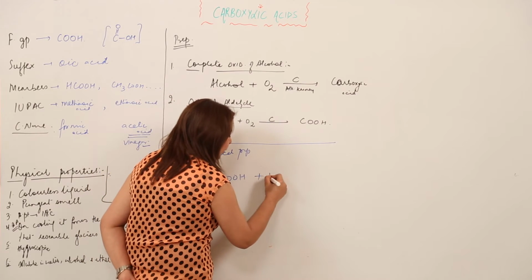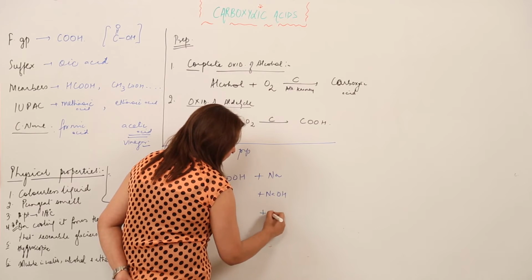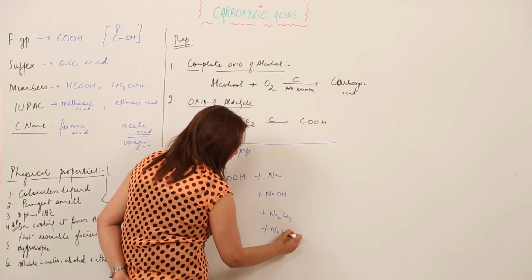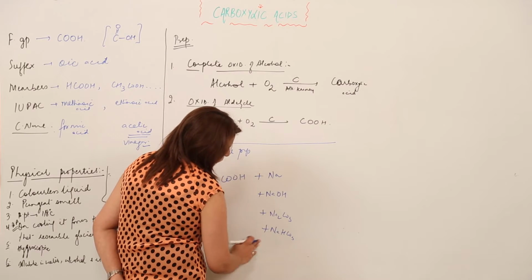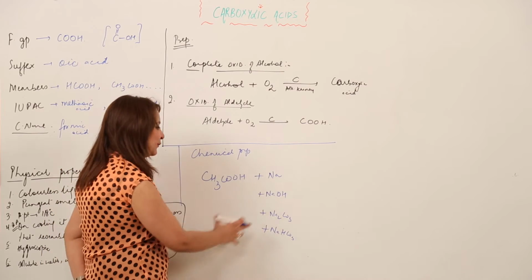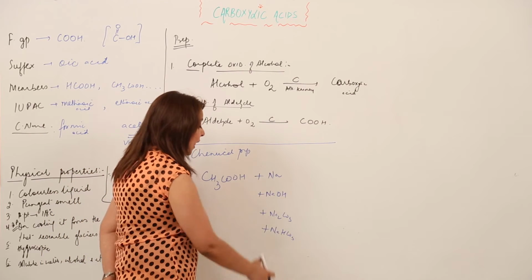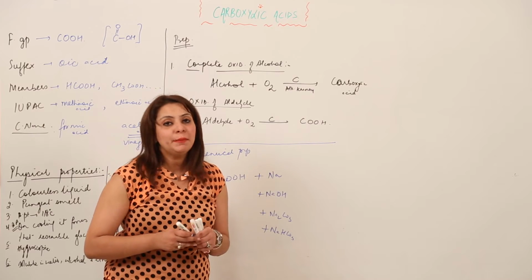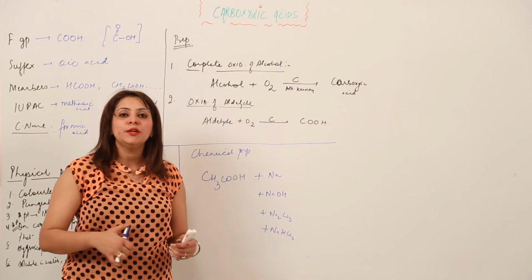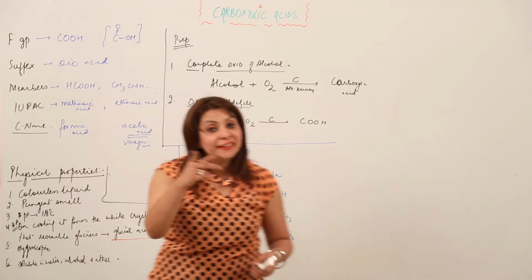I am reacting it with metal, I am reacting it with metal hydroxide, I am reacting it with metal carbonate, and I am reacting it with metal bicarbonate. See, four are sufficient. So I am reacting it with sodium, with sodium hydroxide, with sodium carbonate, and with sodium bicarbonate. Or you can say this is a reaction in which I am reacting it with metal or metal compounds. So just look at the board, I am going to get a single product.